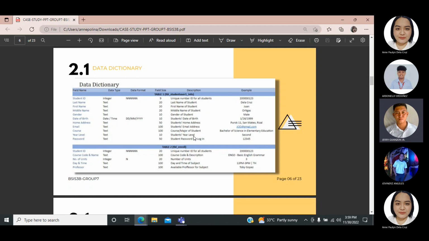Data type: integer, text, date, time, text, and other text. And data format and field size: 9, 20, 20, 20, and etc. And the description: the student ID is a unique number ID for all the students, then last name of student, then first name,